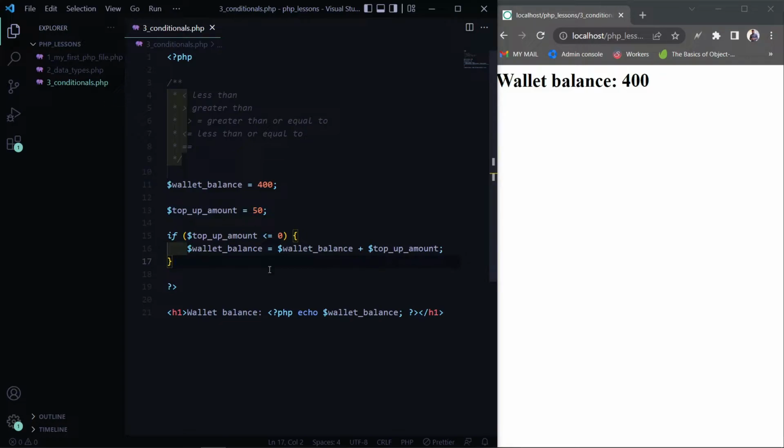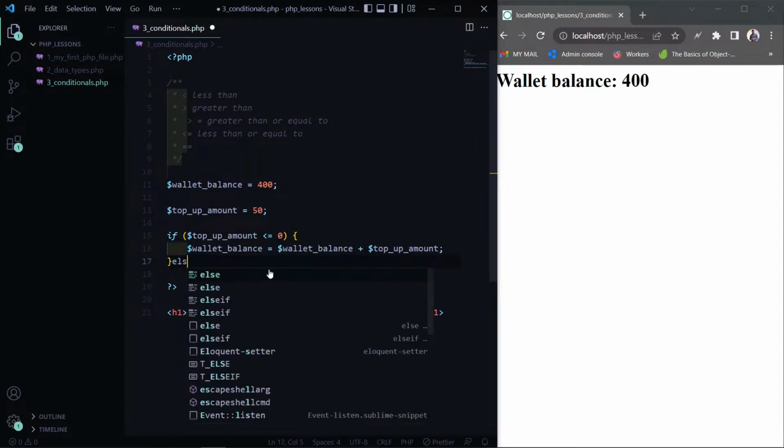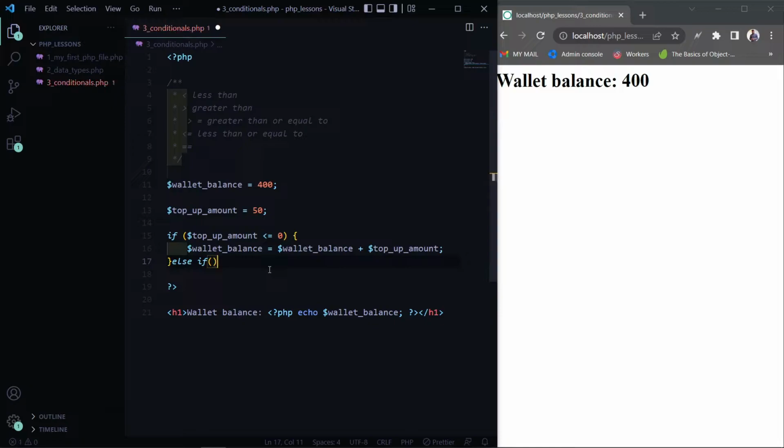Right now, what if you have multiple conditions you want to achieve? So we can say else if. So not just less than 0, we can say that if this one is not true, and something else is true, do this. So we can have multiple else if statements. If this is not true but this is true, or but this is true, or but this is true, do this. Okay, so we can say else if your top up amount is greater than 0,